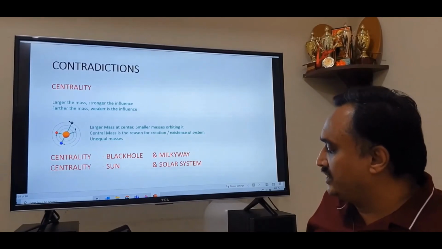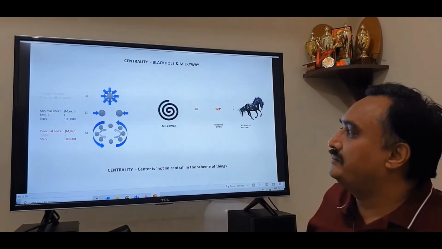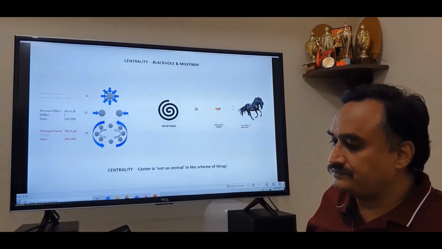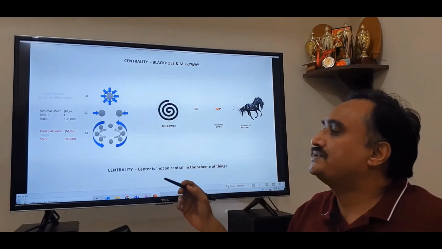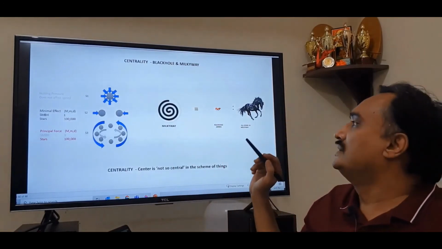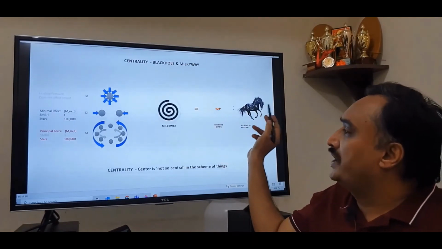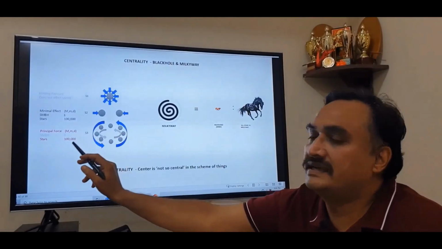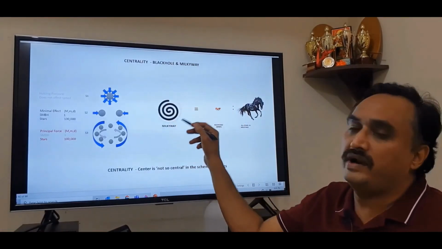So let us see how this works out with respect to spacity and the classical model of universe. Let us take black hole and Milky Way. So the idea was whether you can remove the central supermassive black hole in the Milky Way. As we had seen in the play of forces of S1, S2, S3, S2 has a very minimal effect on the secondary mass, and hence when you remove this ant, the horse would still be strutting around. When you remove the black hole, S2 may disappear, but S3 is still working and it is the principal force, and that is the one which will keep all the stars going around in the Milky Way.